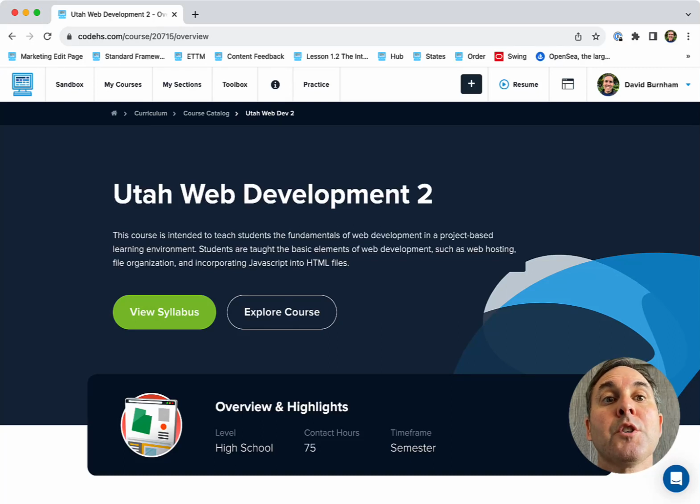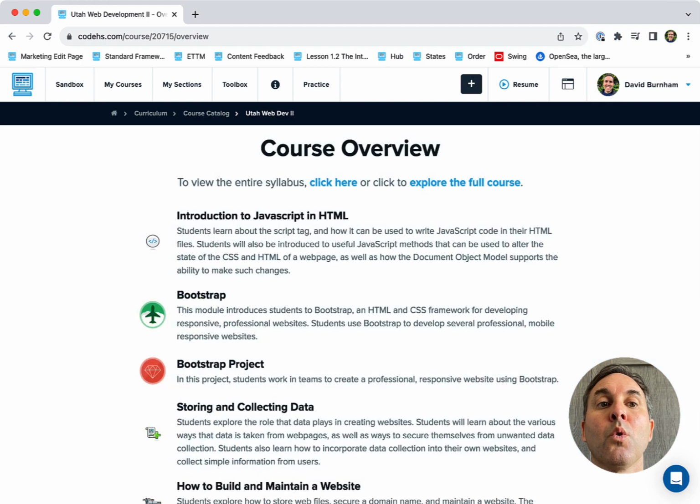The Utah Web Development 2 course is designed to be a semester-long high school level course that expands on the concepts covered in the Utah Web Development 1 course. Prior to taking the course, students should have completed the first course and also be familiar with the basics of JavaScript. The course is laid out in 7 modules, including 2 projects and 1 module that is an overlap from